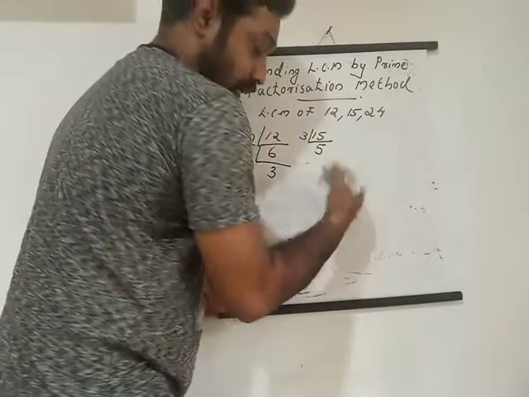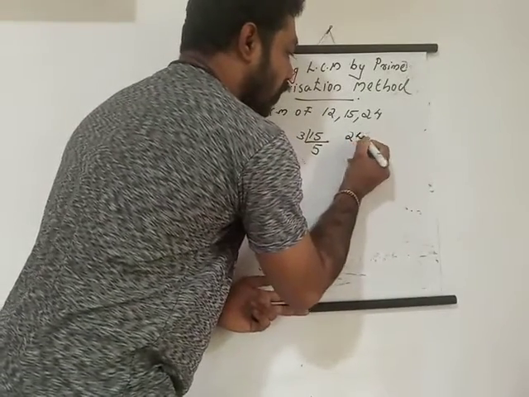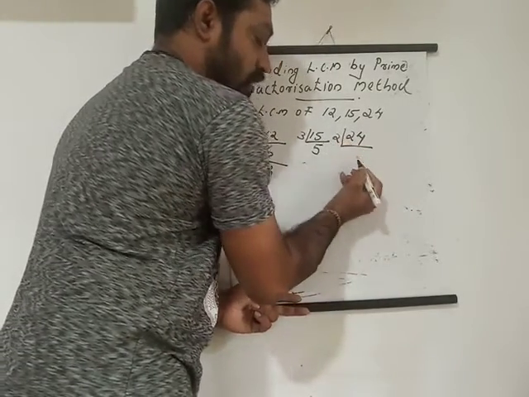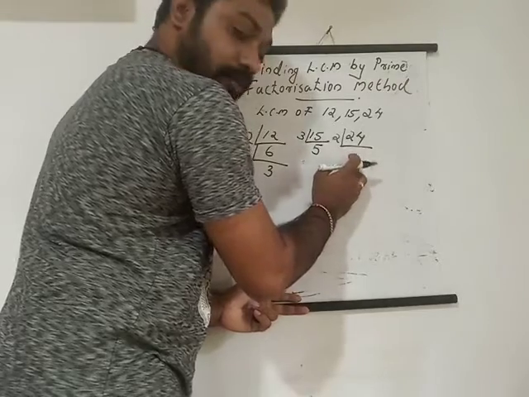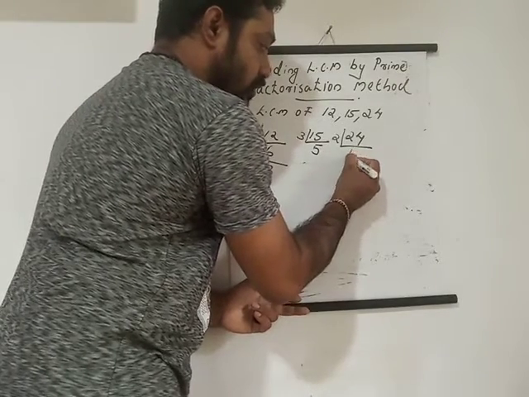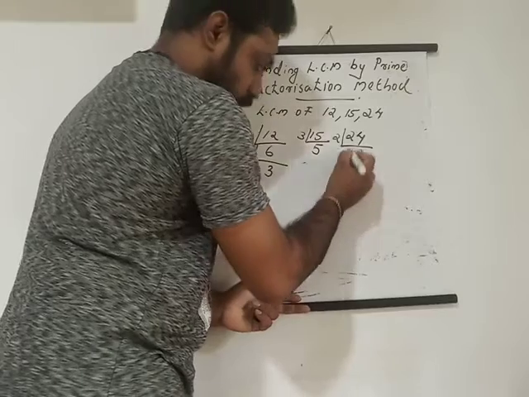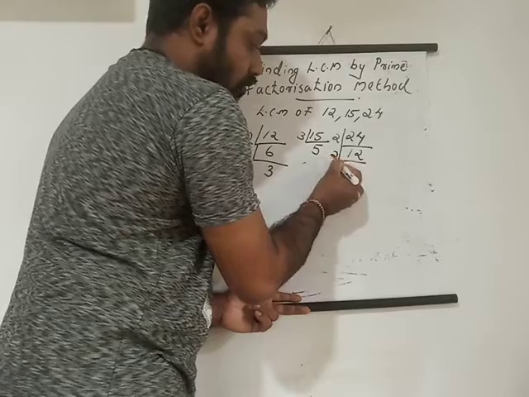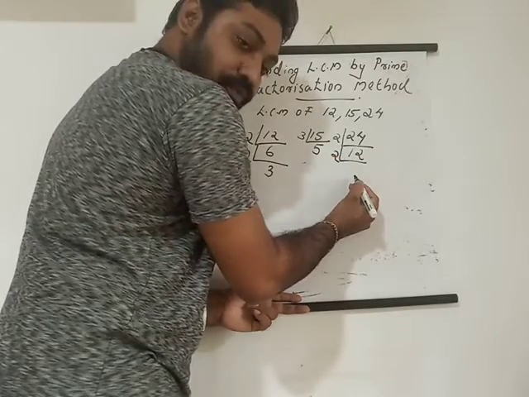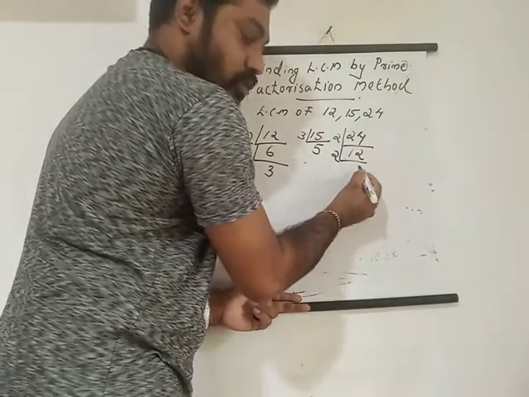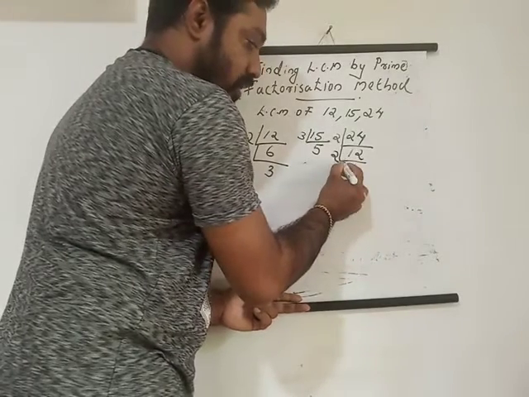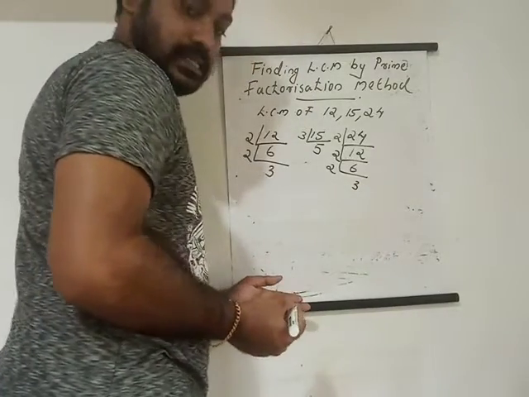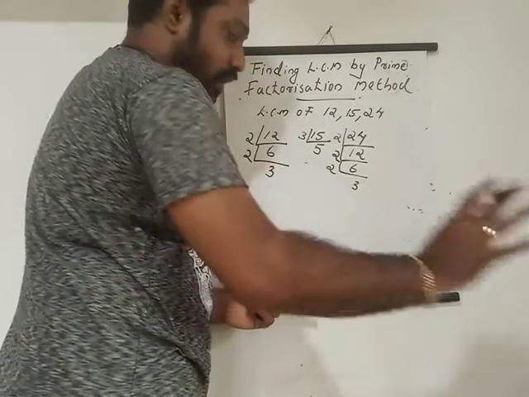Now take the next number, it is 24. For 24's prime factorization, it is an even number, so we can start with the 2. You know that 12 times 2 is 24, or 12 2s are 24. So 12 you get, and next it's again an even number, 2 you have to write here. How many times 2 is 12? 6 2s are 12. Again 6 is an even number, so again we can do with the 2. 3 2s are 6. So we got a prime number here, so we have to stop there.